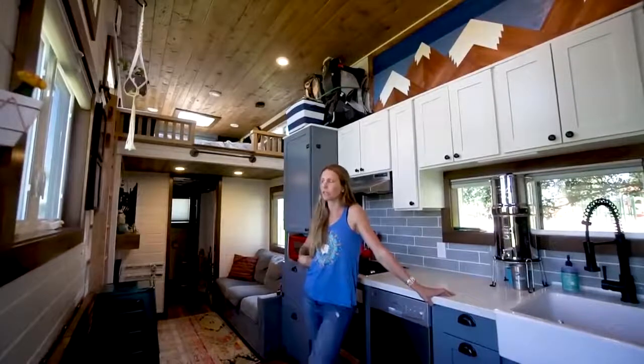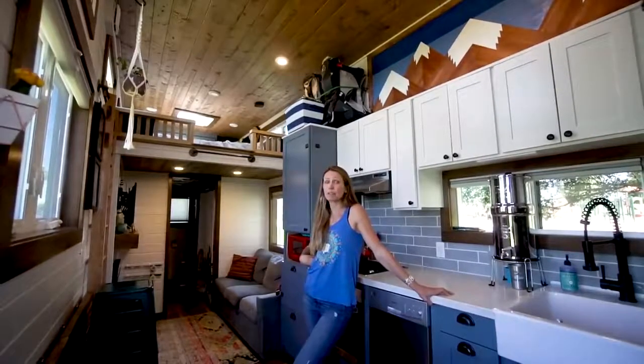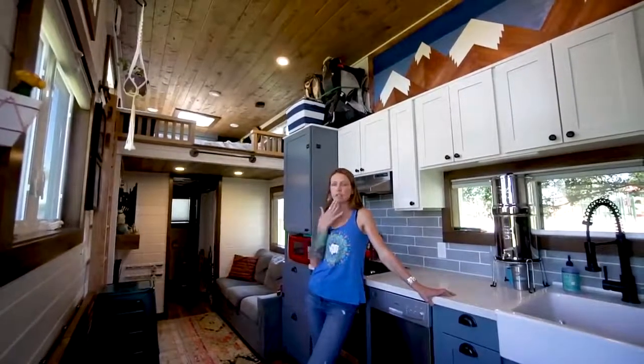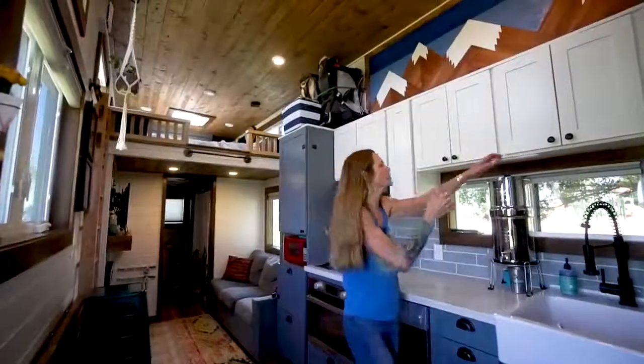So I would go bigger with the tanks and put as much on propane as you can. We literally spend $40 on propane every 2 months, and I take long showers. Our hot water heaters are on propane, and as much on propane as possible, except for, obviously, the fridge I talked about. And I wanted to show you my magical